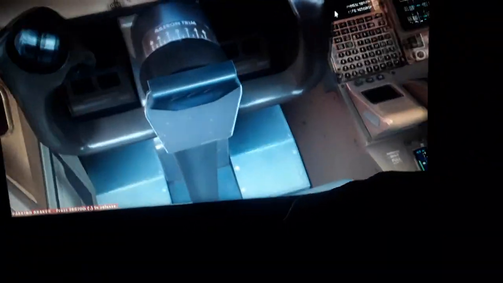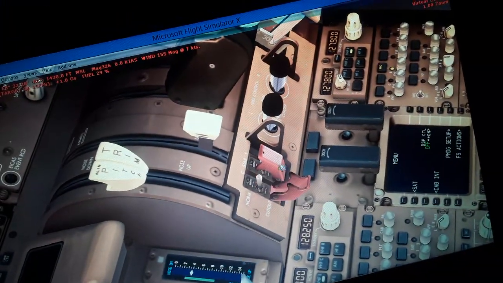So you can see I can climb, I can descend. I have this yoke here. I have also the horizontal tail stabilizer. I have the aileron trim, so you can use the horizontal tail stabilizer here, the position up and down, the pitch trim. We have also this stabilizer trim